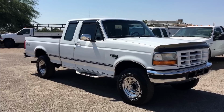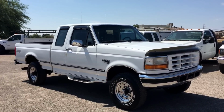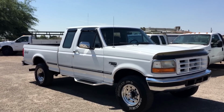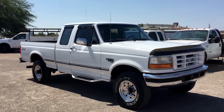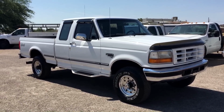We're selling this truck. It is a 1997 Ford F250. It's a two-door extra cab. It's an XLT, which is cloth. It's a 7.3 turbo diesel, and it's four-wheel drive. Best of all, it's a 5-speed manual transmission. This thing has